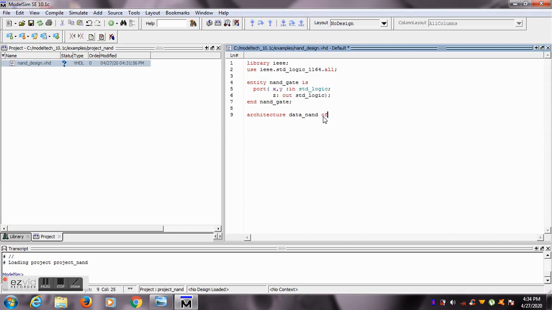Now you have to bind this architecture to our entity. Then use the keyword begin, and after begin we have to write our statements. And end architecture.